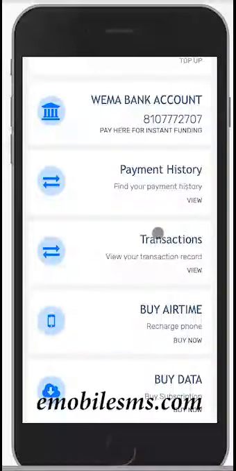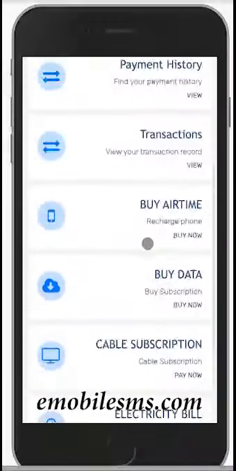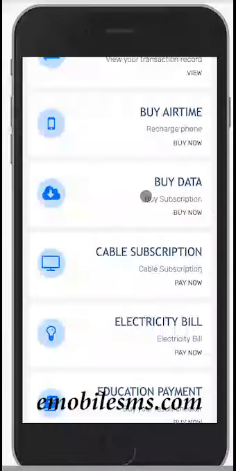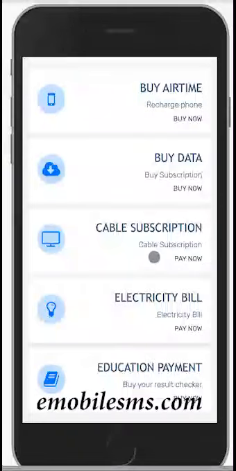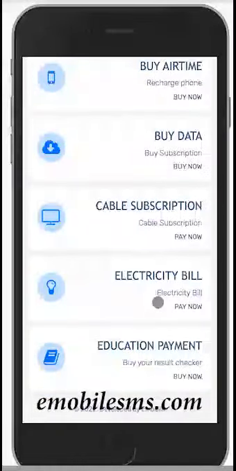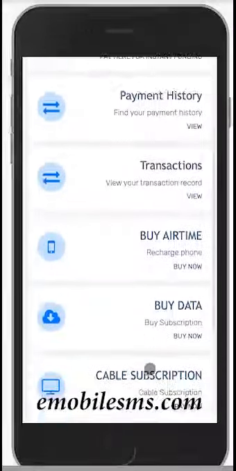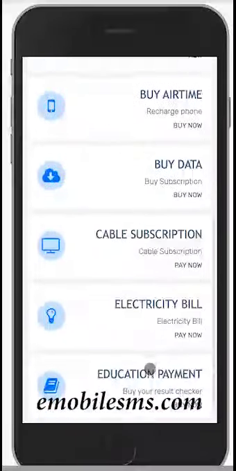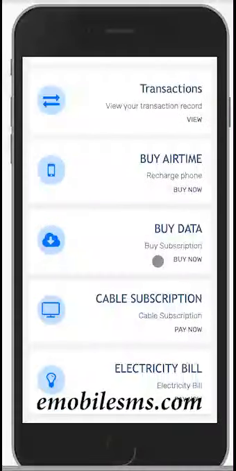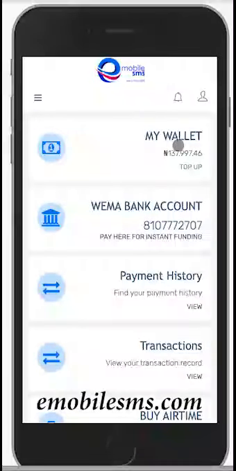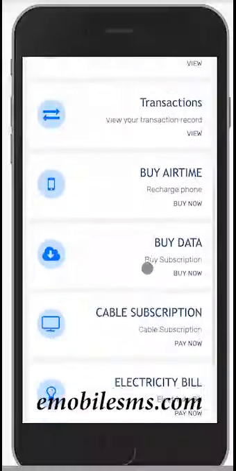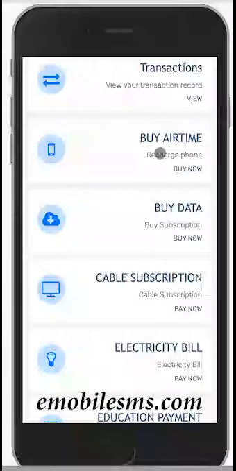So you have some of the payment history here, you have some transactions history, and some of the features like buy airtime, cable subscription, electricity bill, and education payment. So let me start by telling you how to go about it. The first thing you need to do is to fund your wallet. After you have funded your wallet, for example, if you want to buy airtime,